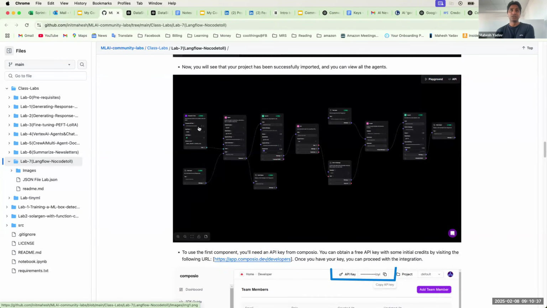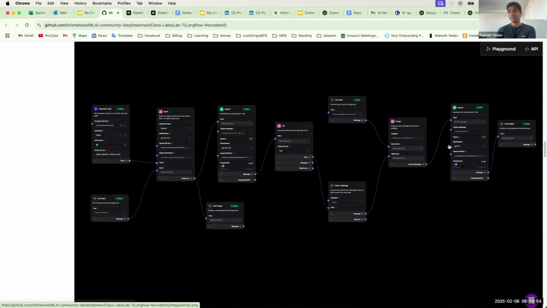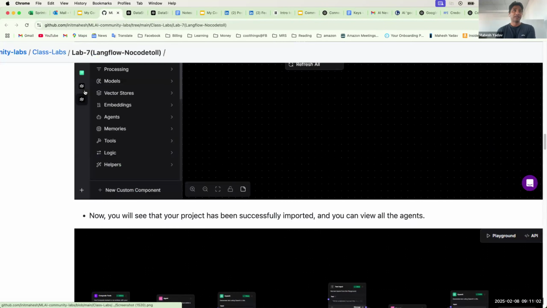First, this Composio tool basically integrates with your Gmail and reads the email. This agent extracts and finds the right URL. This agent gets the URL in text form, and then I take the prompt, and then finally I generate my response and publish it. If you want to reproduce this, you can just go to the same thing.